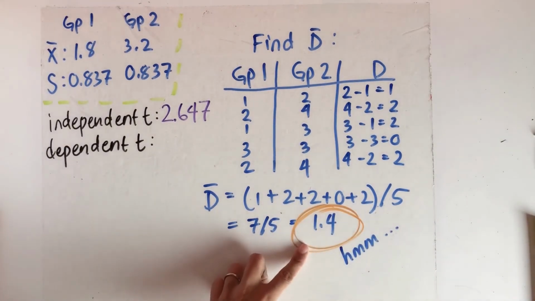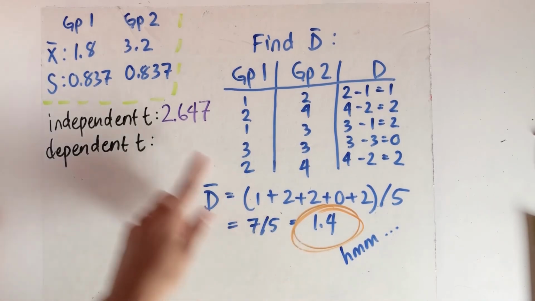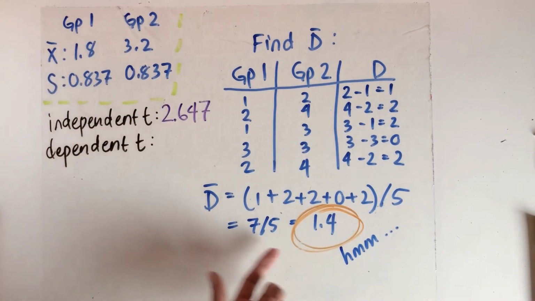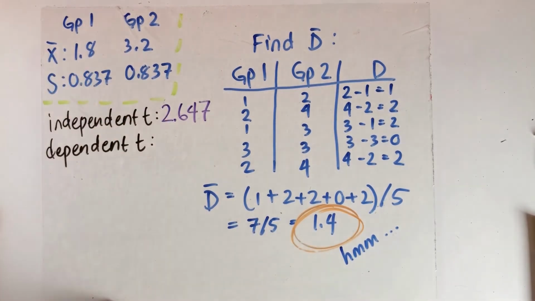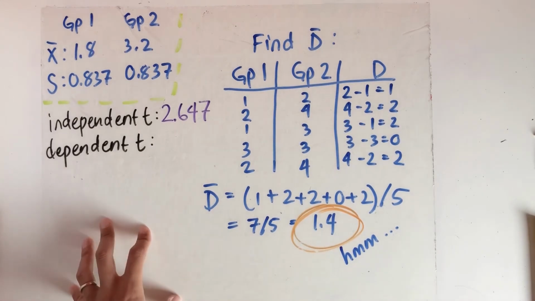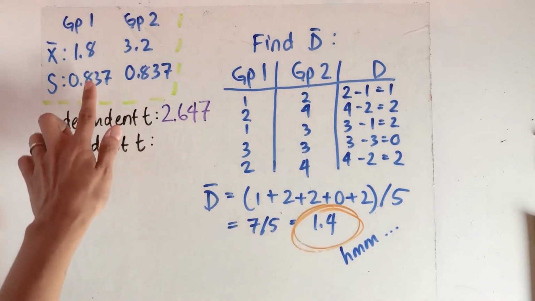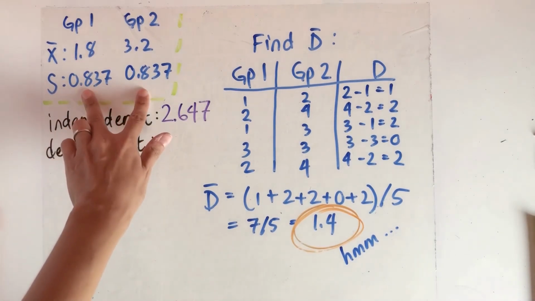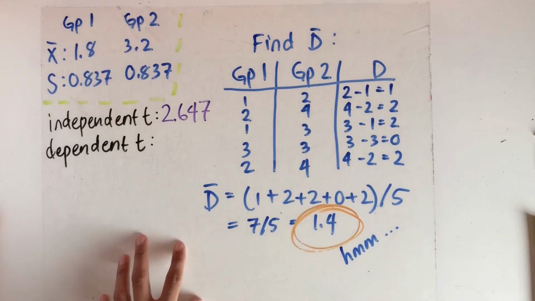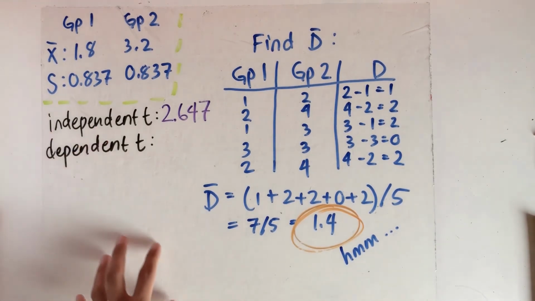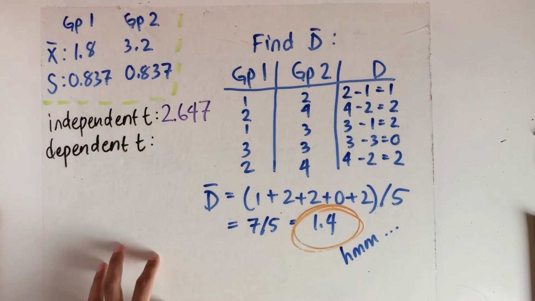so one thing you might have noticed is 1.4 is the same as subtracting mean 2 from mean 1, or it's the same number that you get when you go mean 1 minus mean 2, as we did with the independent t-test. Why is this? The reason why in some cases you end up getting the same thing with the different scores is because we have the same number of data points or observations in both groups. So what's really different when the groups have the same amount of observations is what's happening in the denominator.